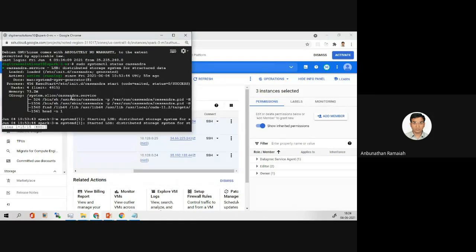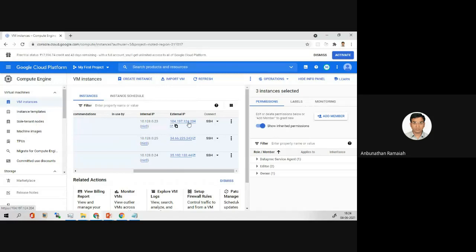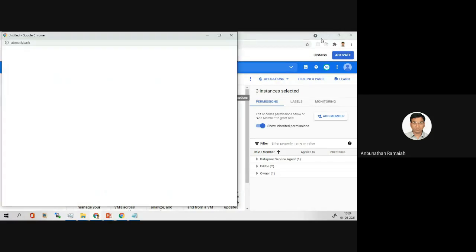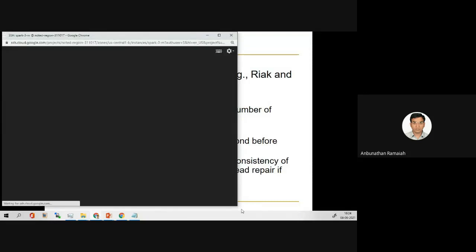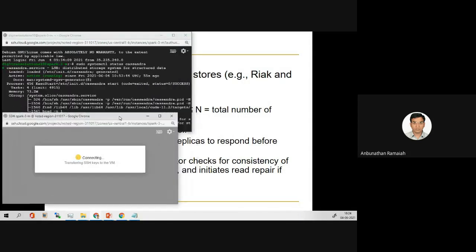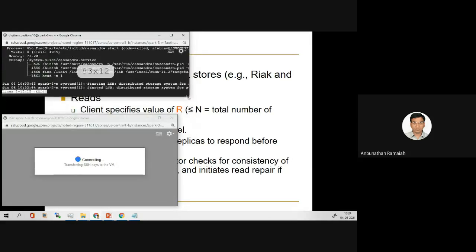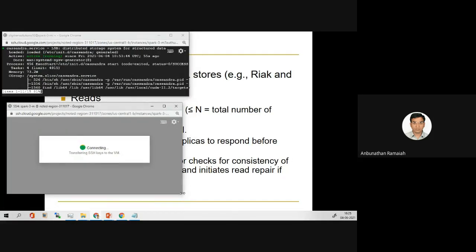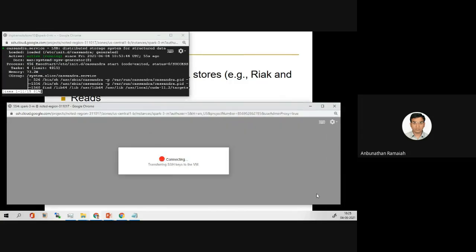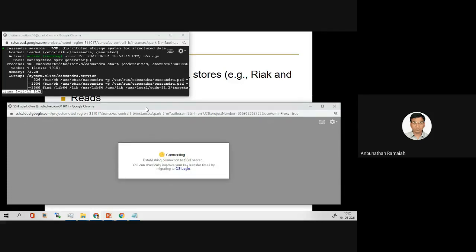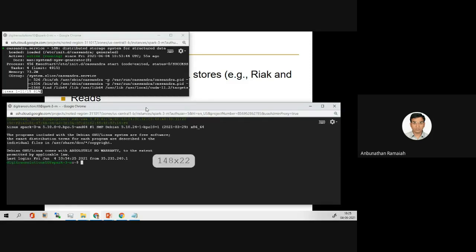Now node status also we will check. The second check is you have to do nodetool status. So nodetool status.